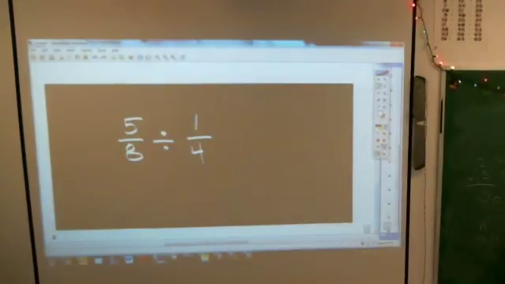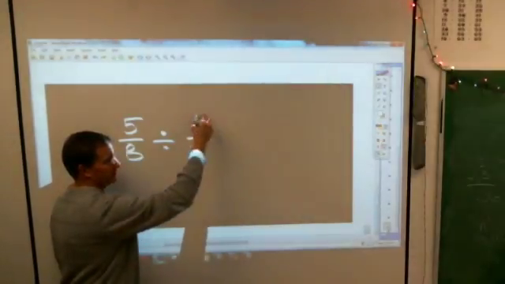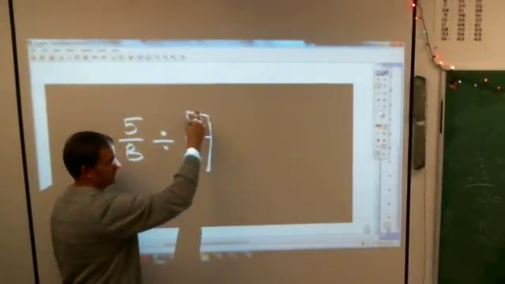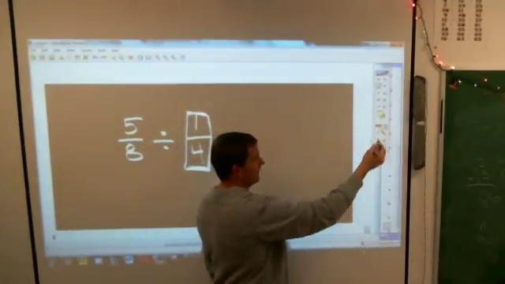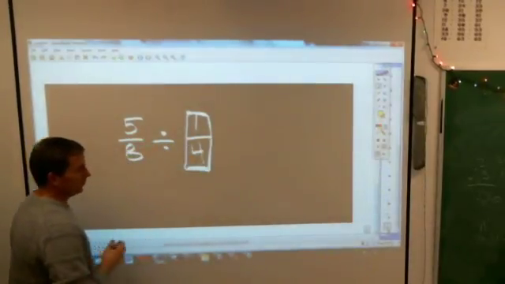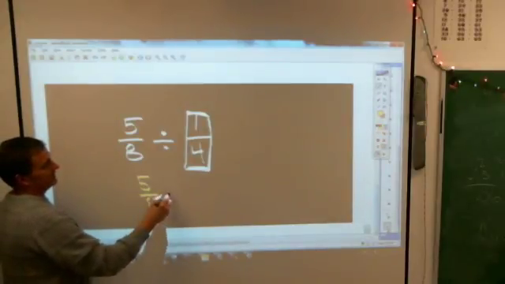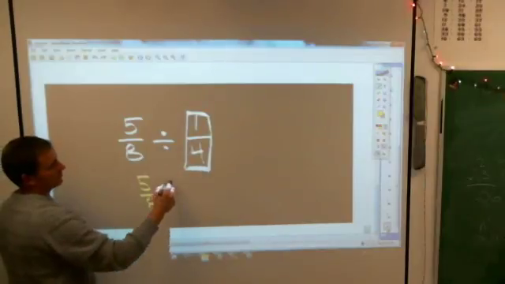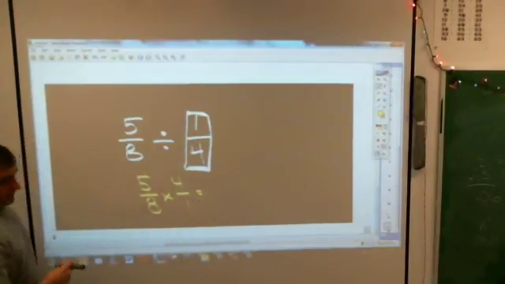If you follow the rule we just established, please make sure it's always the second one that you're flipping over. So you're always taking the reciprocal of the one you're dividing by. This one stays the same. 5/8 divided by 1/4 is in fact the same as 5/8 times the reciprocal of that, which is 4/1. And you end up with